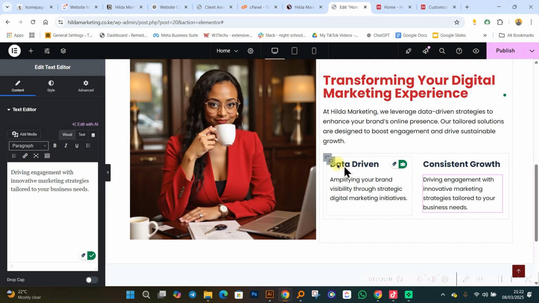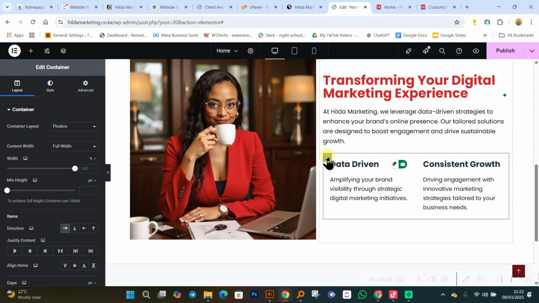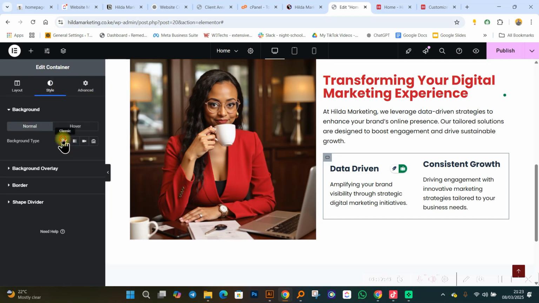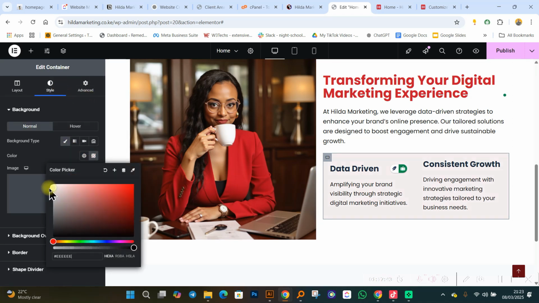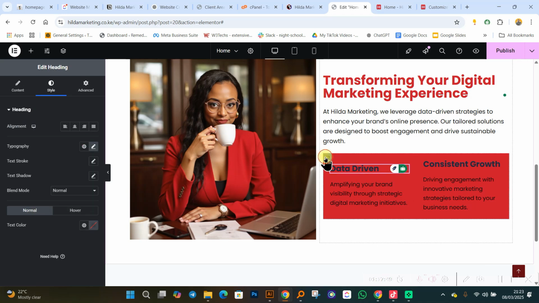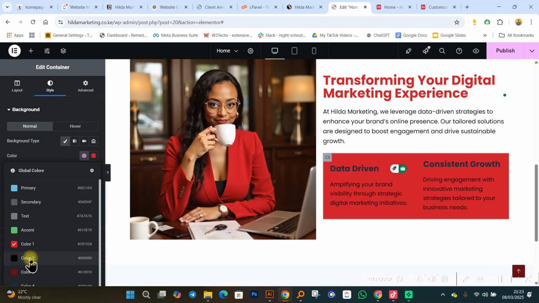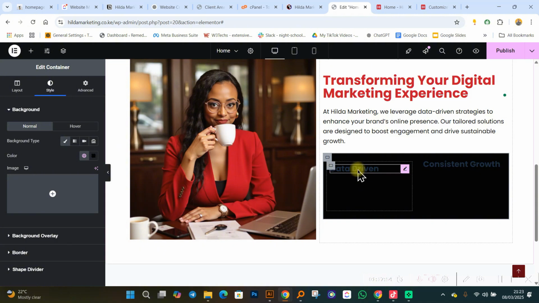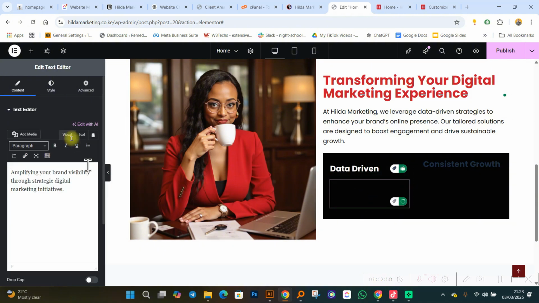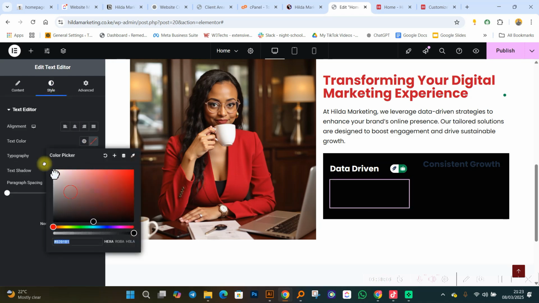Right? In this container again, I can select it, nikuje ni justify vitu zikuwa aligned to the center. We have something like that. So that everything is looking good. I can even decide to add a background. Select it, add a very simple background. Or I can even make it red, like that. Or I can even decide to make it black. Okay? So if I come over here, I can change the color of this to white. Change this again to white.